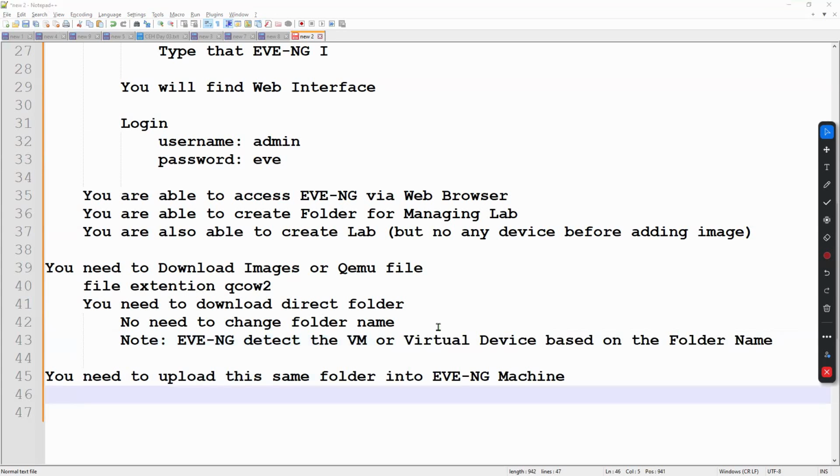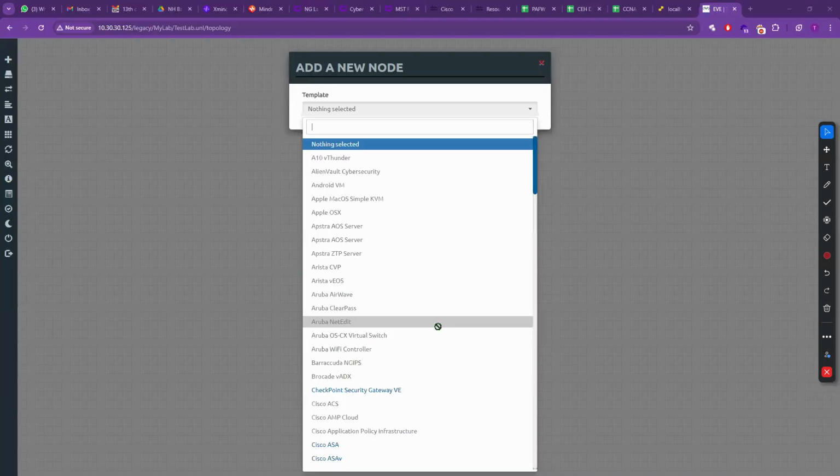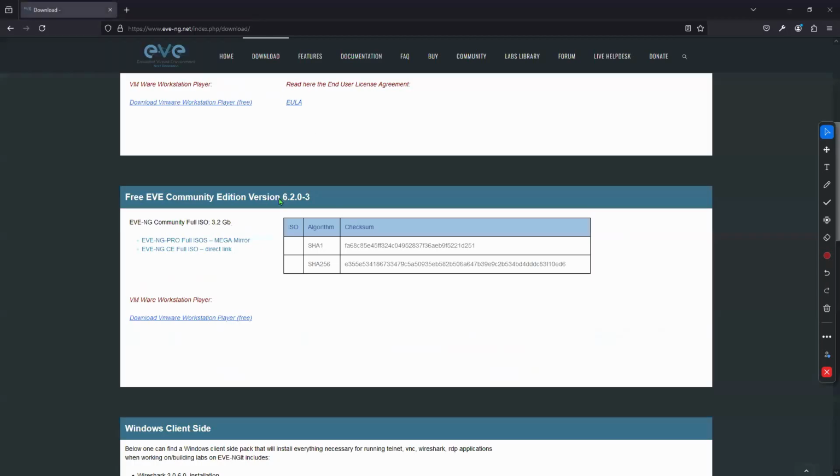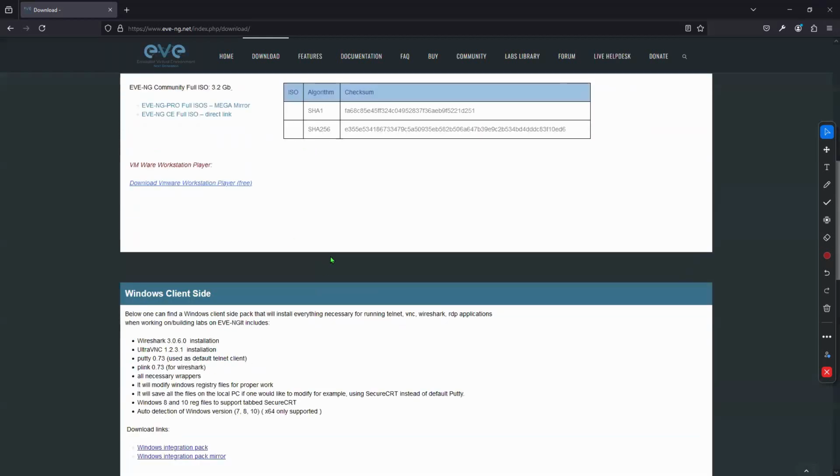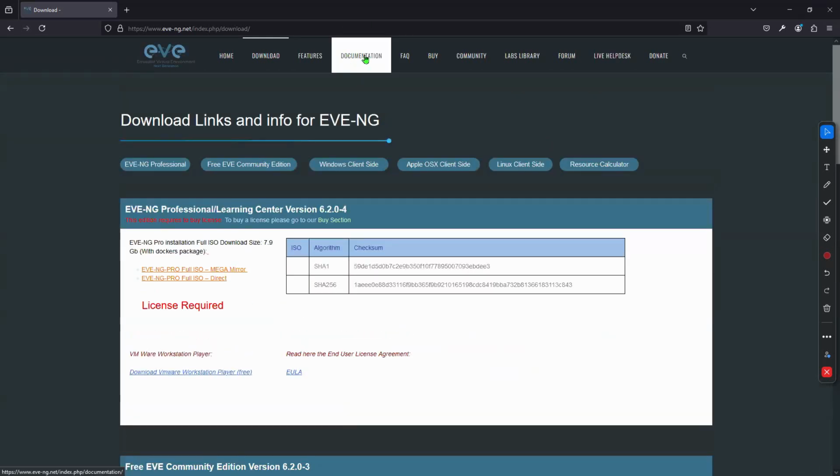So where you find that, where you need to upload that. Again, I will take you to the EVNG website. Once you download the community edition, you can download the client edition. Above, you can go to the documentation.